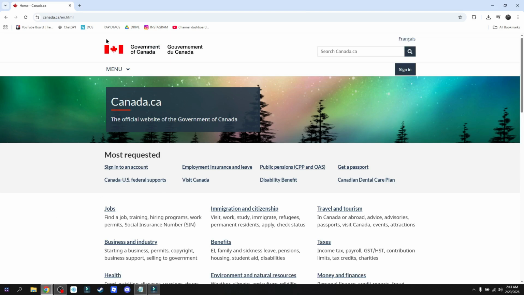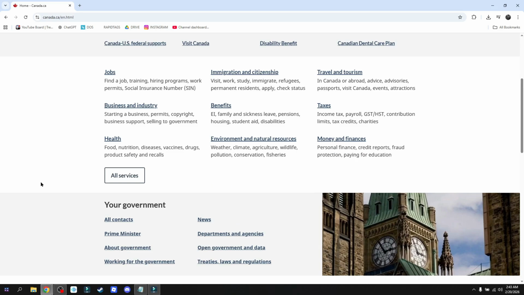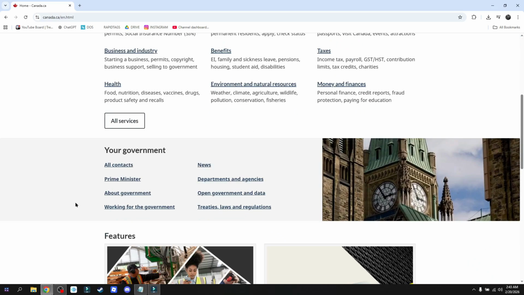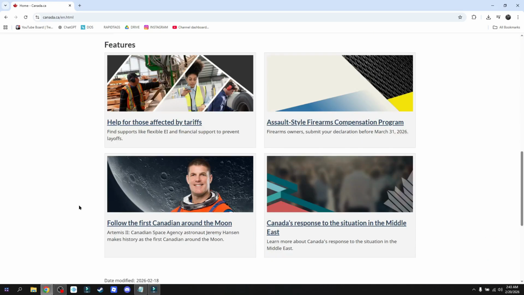So all you have to do is go to Canada.ca's official website, which is going to be the Government of Canada's site, which is this one right here. Now, if you're having problems finding that specific feature of updating your SIN number,